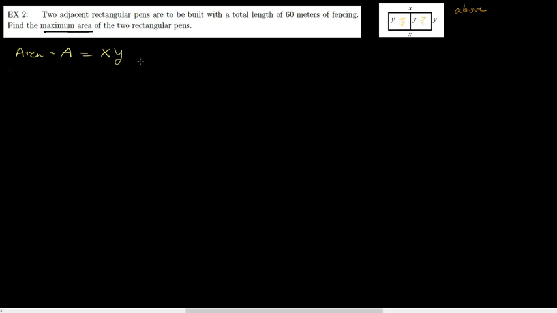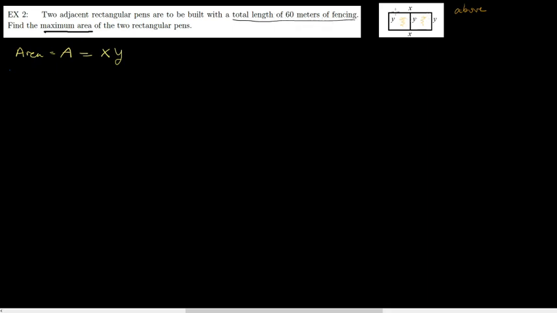Okay, so again, the problem is that this is a function of two variables, x and y. So we don't know how to take derivatives of that. Right? So what do we need now? We need our secondary equation, right? Our secondary equation relates these two variables x and y. So what's the relationship? So if we read this carefully, we get a total length of all the fence of